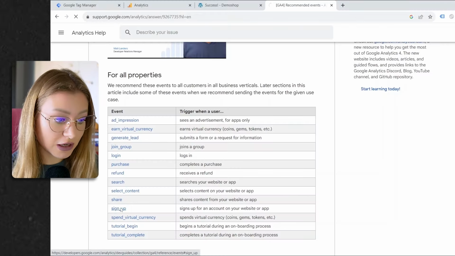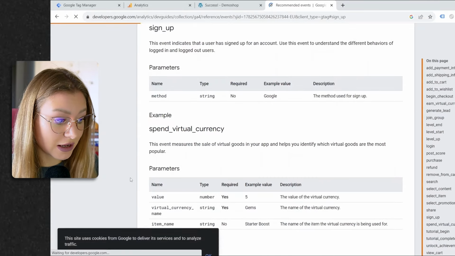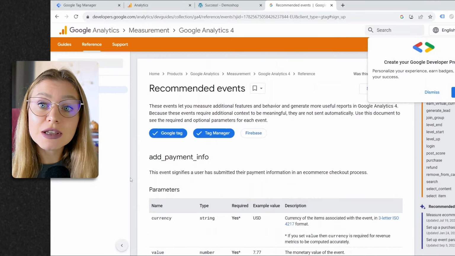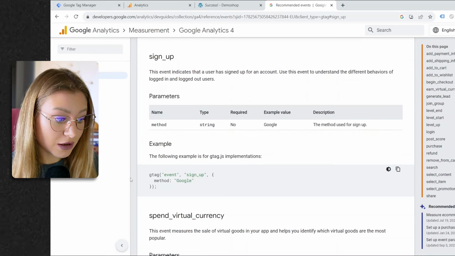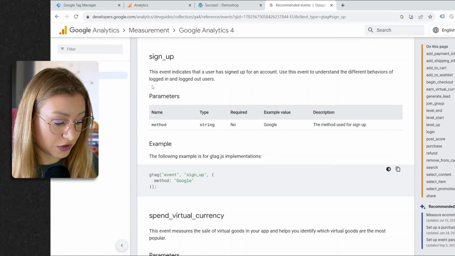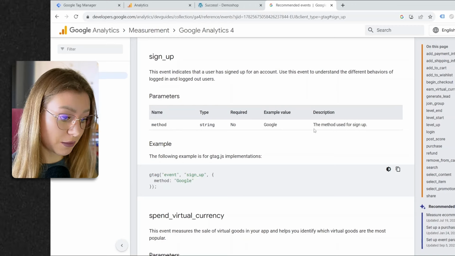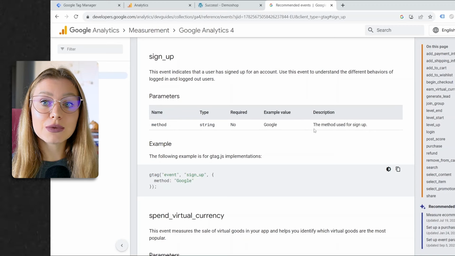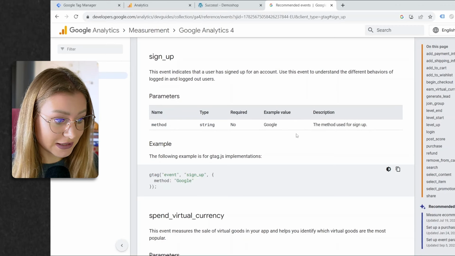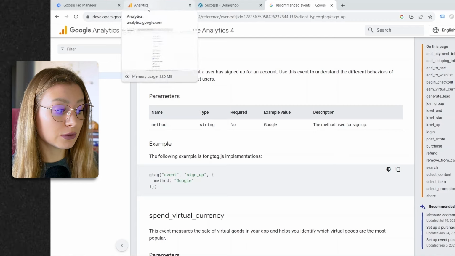If I click on it, I am redirected to the developer's guide, and I can also see the parameters that are suggested by Google. For example, method. So for sign up, we have method, and this is the method used for sign up. As an example, okay, so I checked the event name, the event parameter,